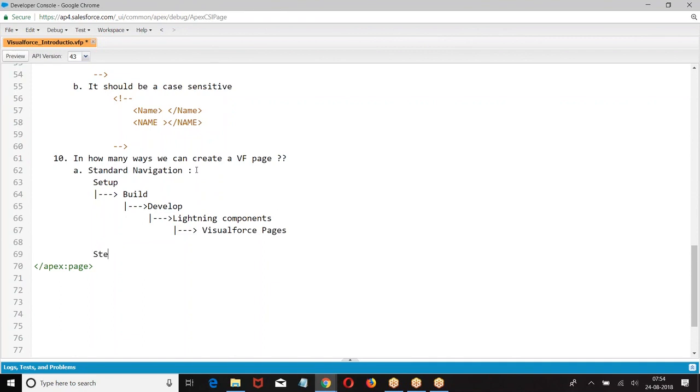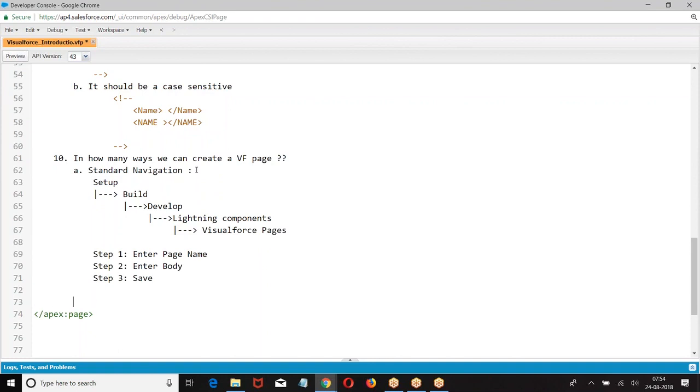Enter the page name, enter the body. So enter page name, enter body, and save. This is the way in which we have created a Visualforce page.